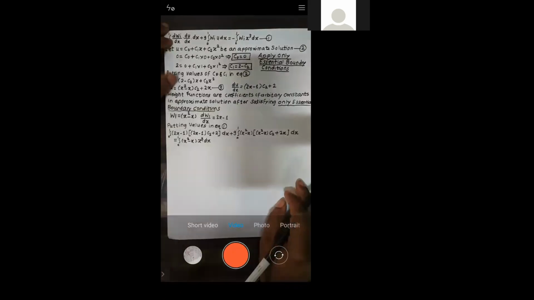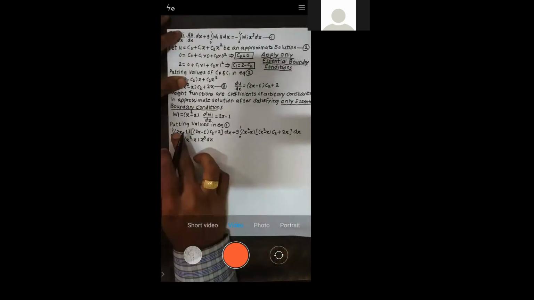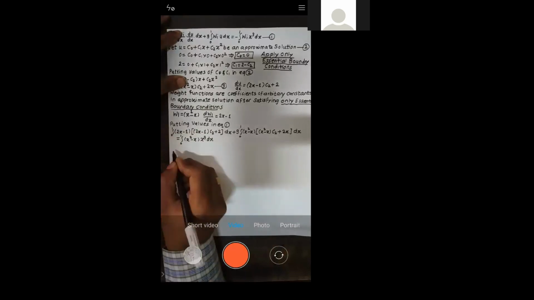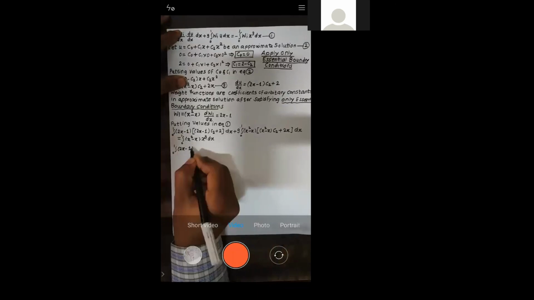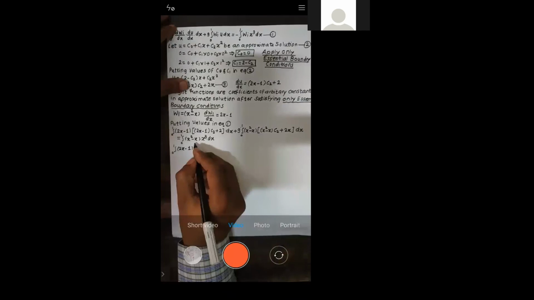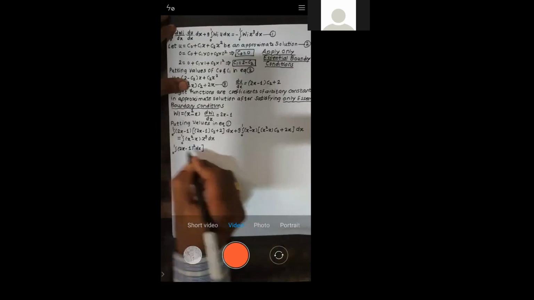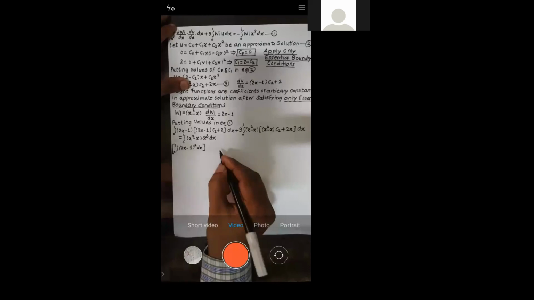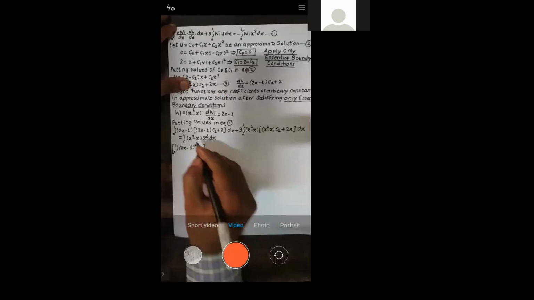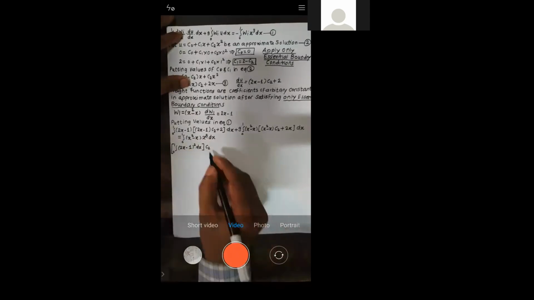So for solving, you need to split the bracket. So I'll go this into this, right? This into this. Tell me what I should get. Integral 0 to 1, 2x minus 1 into 2x minus 1. What you'll get? It's a square. Yes or no? It's a square into dx. So this becomes the coefficient of C2, right? This becomes the coefficient of C2. Is it okay? Let me know.